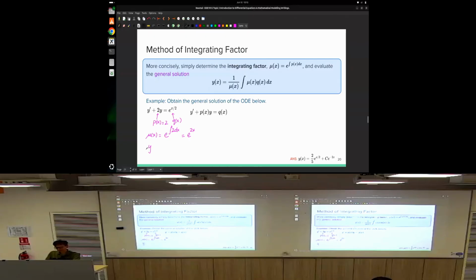So y of x is just 1 over e to the 2x, integrate e to the 2x times q, e to the x over 2, dx. No objection, right? Now take note, this e to the 2x cannot cancel off with this e to the 2x. Okay, for super obvious reasons, because this is inside the integral. Okay, this function is not like some